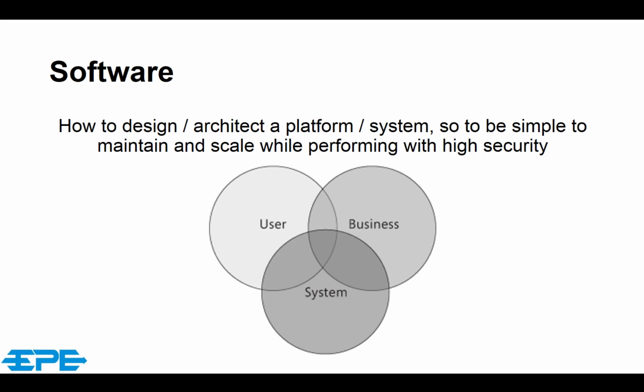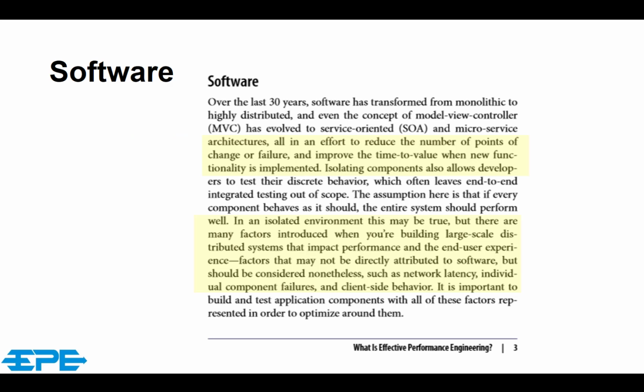So again, I've been involved in organizations where this performance engineering team is made up of a handful of different folks from a variety of different teams that ultimately are accountable and responsible to deliver that level of software. So again, moving into an illustration from the book, one of the things you can see here is we talk about things like model view controllers, we talk about service-oriented architectures, also microservice architectures, but all of this being able to then reduce that number of points of change or failure,